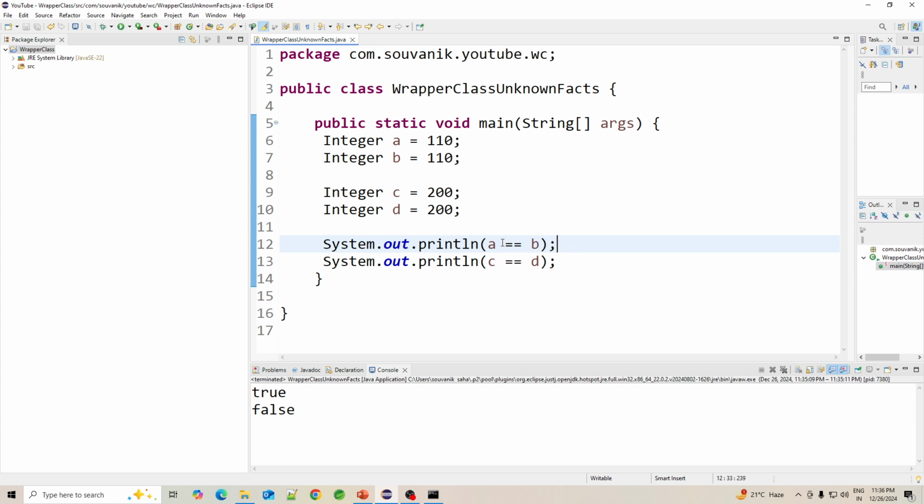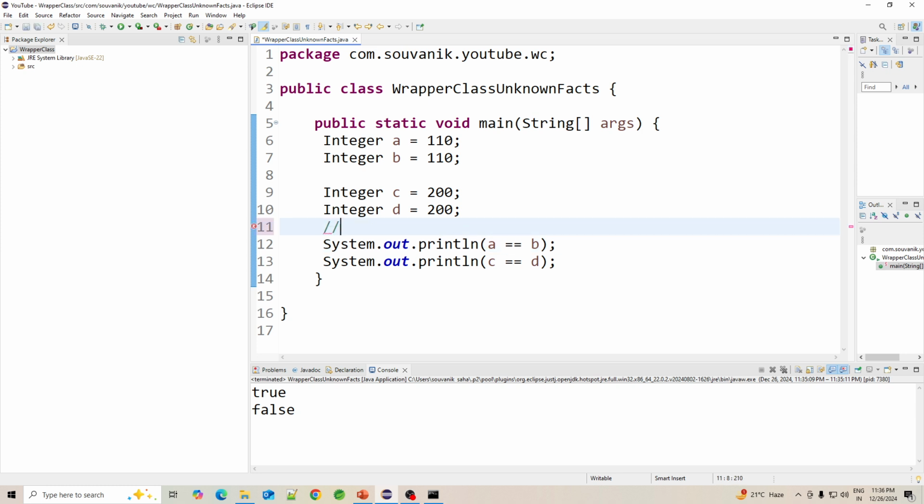I think you are aware of this: double equals means we are comparing the reference, and .equals means we are comparing the contents. So I am comparing the reference, but still I am getting true. The reason here is caching.